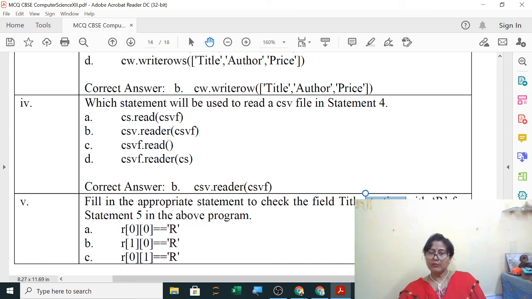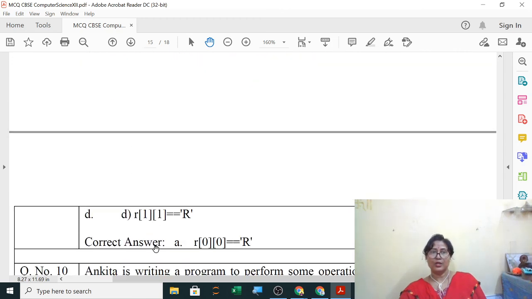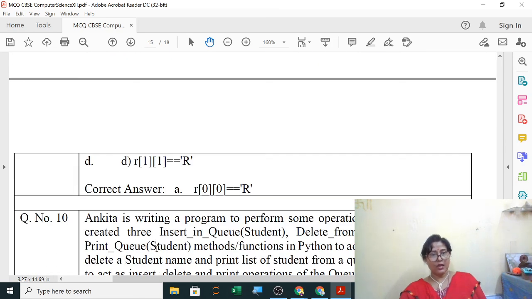Ending with R? R of 0 is title only. For ending, what will you write instead of 0? -1. Yes, the last character is -1. So if it is ending with R, it will be -1. Here instead of title, if author is written, then the first one will be 1. If price is written, then the first one will be 2.